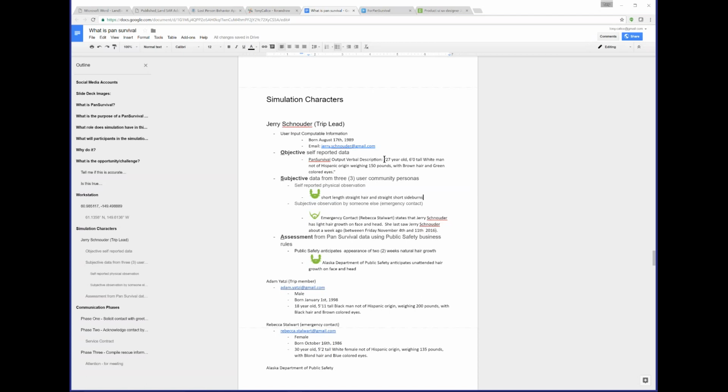So the subjective is a 27-year-old, 6'4" or 6 foot tall white man, not of Hispanic origin, weighing 150 pounds, with brown hair and green colored eyes. And then I guess we would just put in the male thing, like "he," but we would put in kind of the gender thing. Right. He has